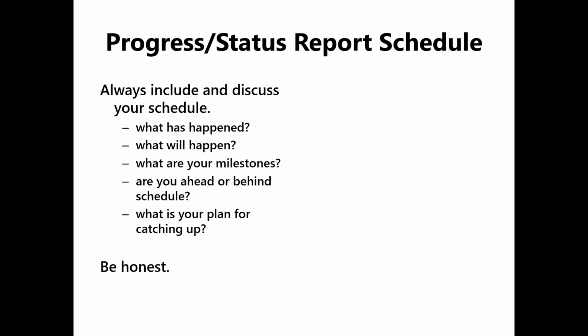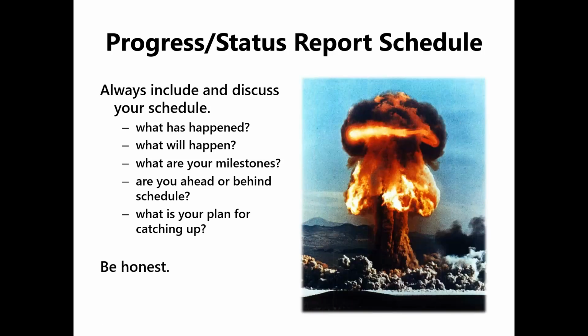If you lie and say, yeah, everything's just absolutely fantastic, and things don't happen on schedule and the product doesn't ship, this is what happens, and you are at the very base of that. So avoid it. Tell the truth. If there's a problem, figure out how you're going to solve it. Include that idea in your schedule.